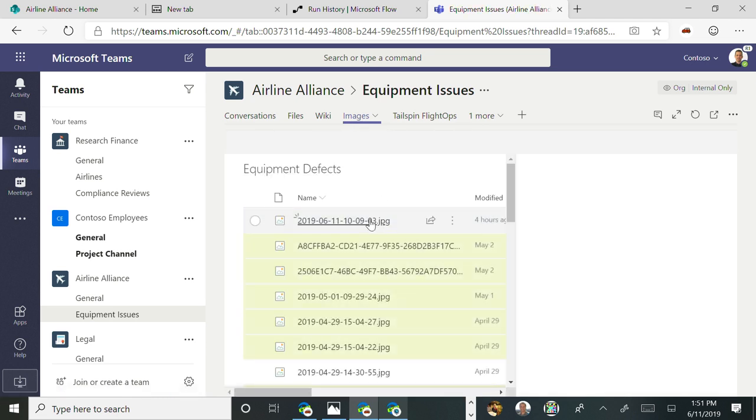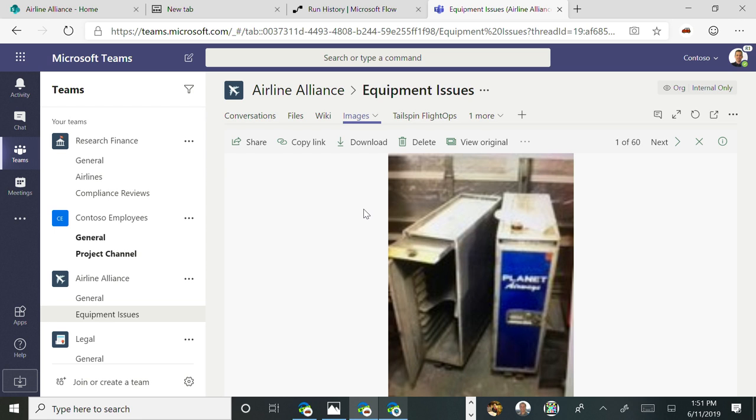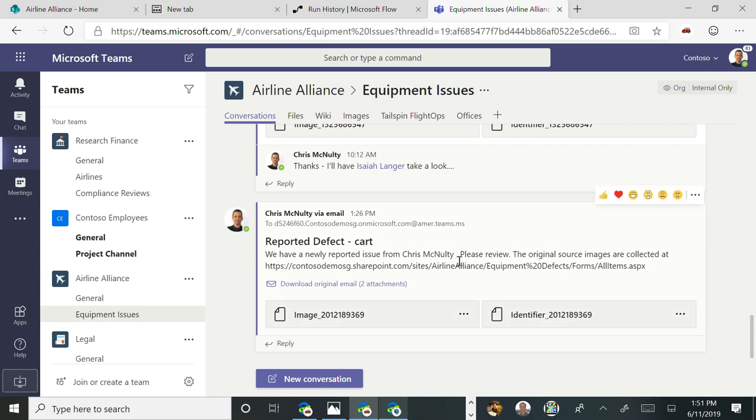And when it saves the document, you can see the document I captured this morning. It's a picture of a drink cart. It's able to reach out to Azure Cognitive Services and generate a message here saying we have a new issue that's reported in the cart. Inside of the mobile app, we return some information to the first-line worker about troubleshooting. We talked about that in the Flow session this morning.